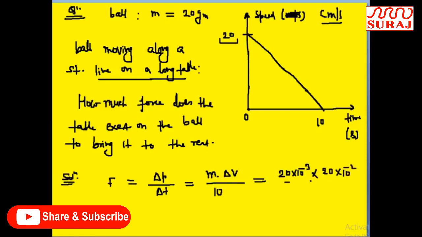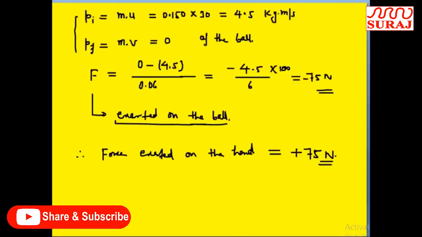मोमेंटम में चेंज इस तरीके से, मास इनटू चेंज इन स्पीड अपॉन टाइम। टाइम कितना लग रहा है, 10 सेकेंड। मास क्या दिया है, 20 ग्राम, 10 टू द पावर माइनस 3। और जो ये स्पीड है, ये आपको सेंटीमीटर पर सेकेंड में गिवन है। ओके, इसे हम मीटर पर सेकेंड में चेंज करते हैं। चेंज इन वेलोसिटी कितनी हो रही है, 20 से 0। क्या लिखूंगा इसको, 20 इंटू 10 टू द पावर माइनस 2 डिवाइडेड बाय 10। तो यहाँ से यहाँ पर आंसर अपने पास आ जाएगा।